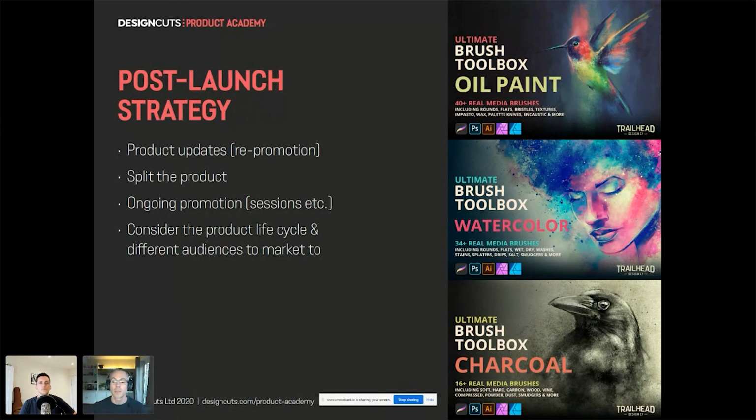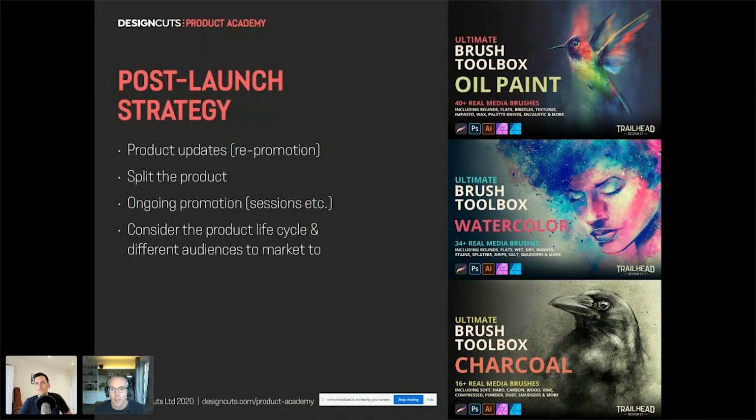But if you're strapped for cash, if you just want the smaller version, or if you're only interested in watercolor, it covers that base as well. So you've got a much bigger footprint for that product. And you can imagine, this one product is now covering lots more bases. You need a big product to do it, but it's a great strategy.